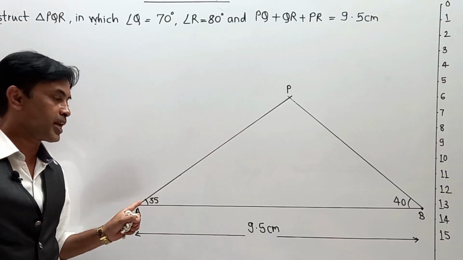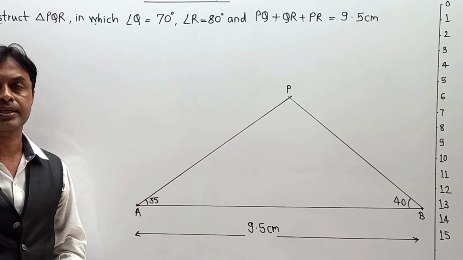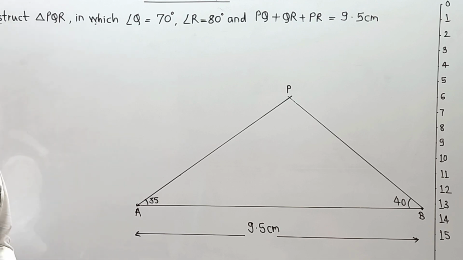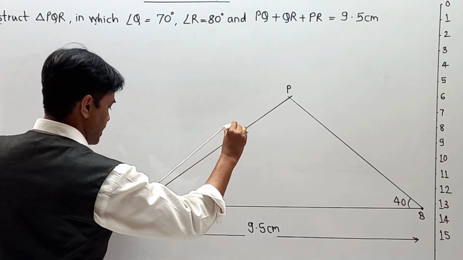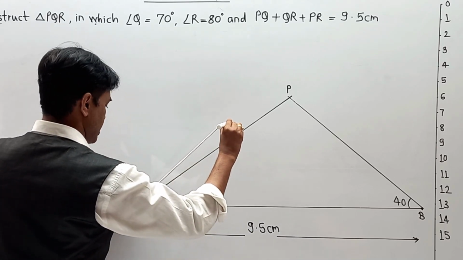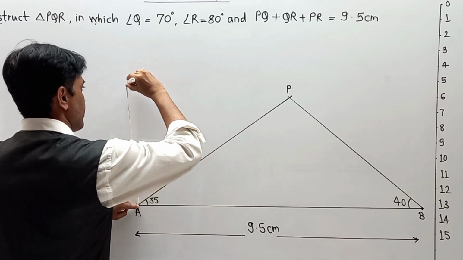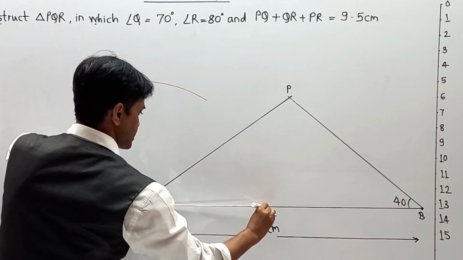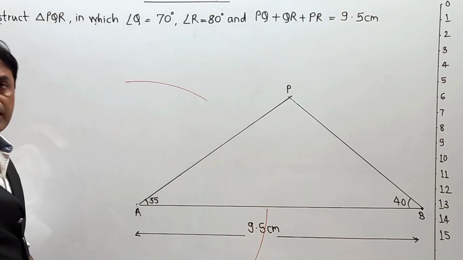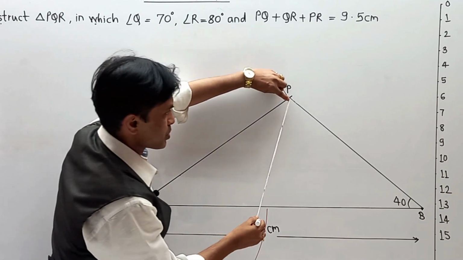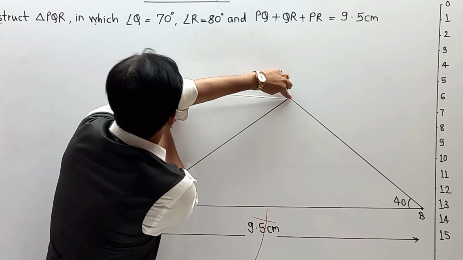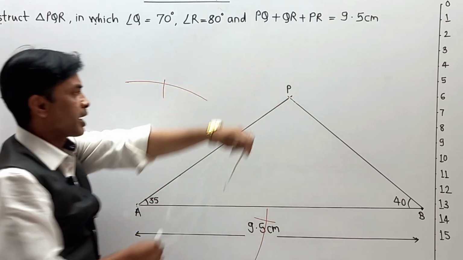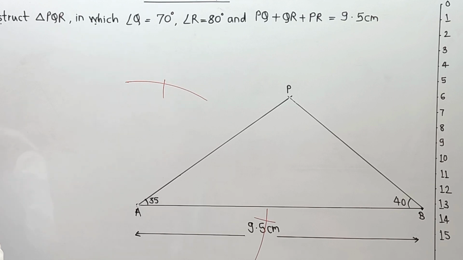Now for this PA, we are going to draw one perpendicular bisector. And please pay attention how we are going to draw it. In a compass, take more than half of this distance of PA, and from A, we have to make two marks over here. One mark is upstairs and second mark is downstairs. Now in a similar manner, from the reference of point P, we are going to take one mark downstairs, second mark upstairs, and in this way we are able to get the first two cross marks over here.